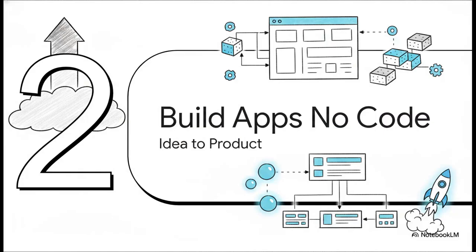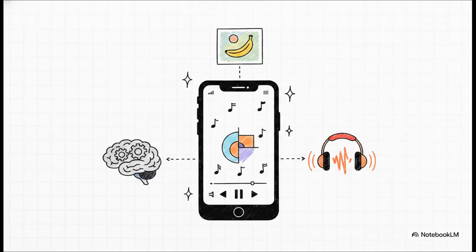Moving right along to phase 2, build apps without coding. This is where things get really wild. Google AI Studio basically acts as a quiet back room housing all these incredible models in one single place. By simply typing a paragraph in plain English, you can literally prompt a working Spotify-style app called MuseQuest. You just describe what you want, say, a music discovery app with a personality quiz and a custom dashboard, and